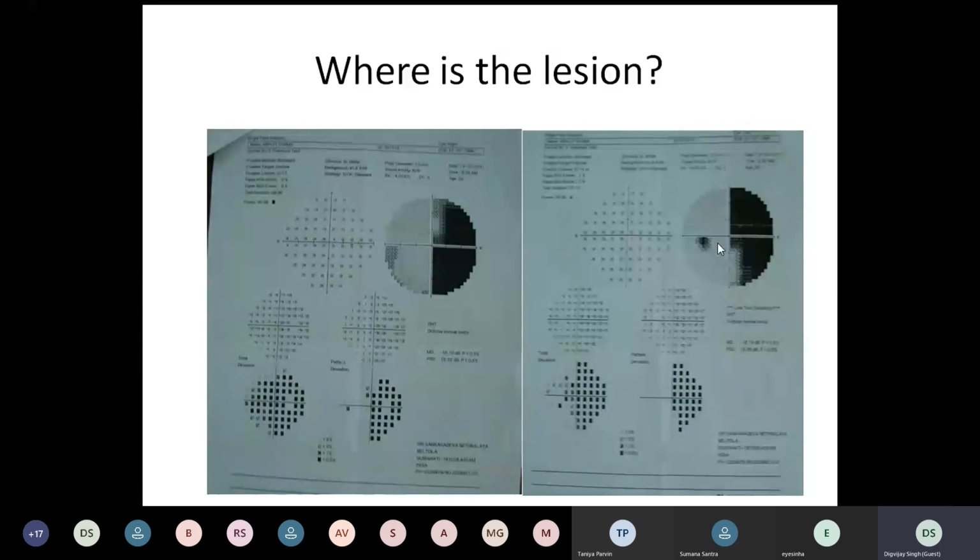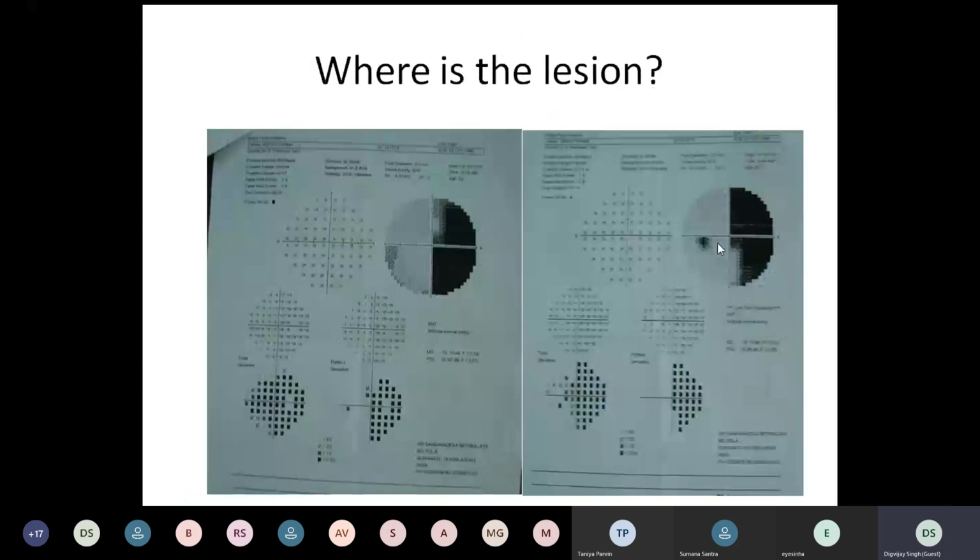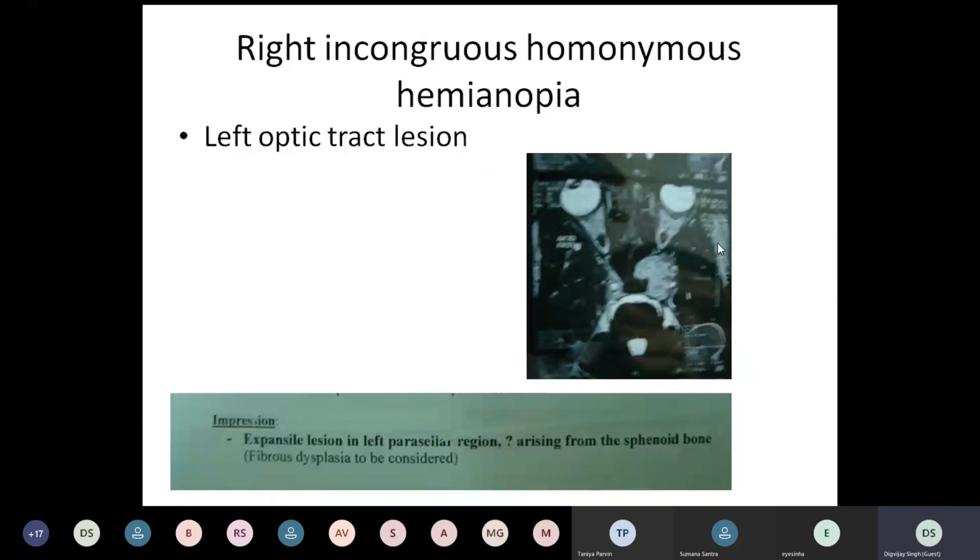A congruous point is a point on one eye's visual field which is exactly the same as the point on the other eye's visual field. So one eye versus the other eye, that is a congruous point. These fields, because they're looking a little different, are incongruous fields. So what you're getting is a right incongruous homonymous hemianopia. Why is it homonymous? Because it is of the same hemisphere vertically. And hemianopia because it's half the field, but it's incongruous. And so this is going to be seen in what is known as the left optic tract lesion.